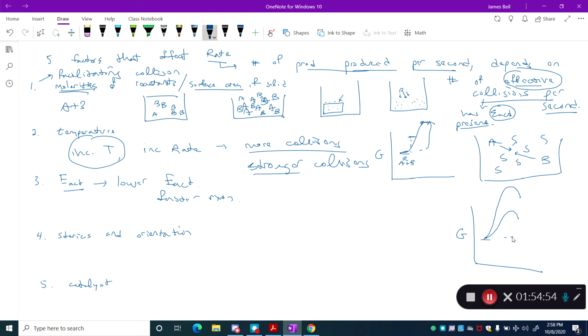So if I add a little heat, and my particles start colliding, most of the collisions that occur might have the amount of energy necessary to take this pathway and give me a specific set of products that I'm trying to make. As long as I don't add too much heat, I don't have to worry about the collisions having enough energy to make it up here most of the time. So there may be some collisions, maybe the strongest ones have that amount of energy necessary, but there won't be